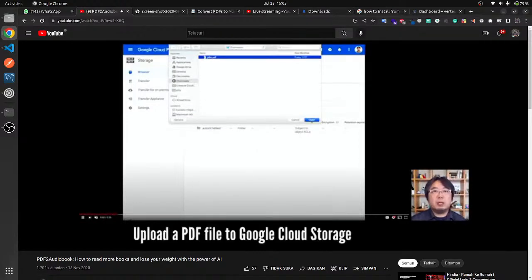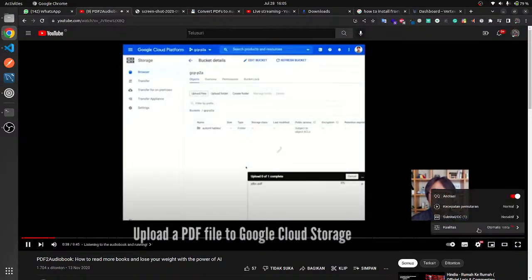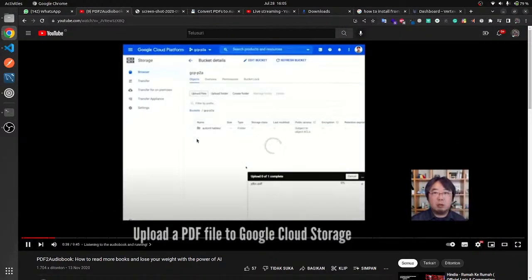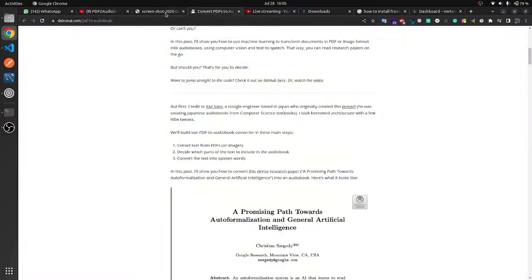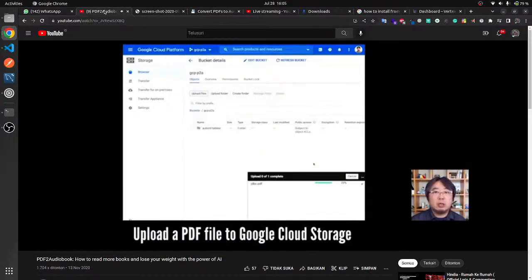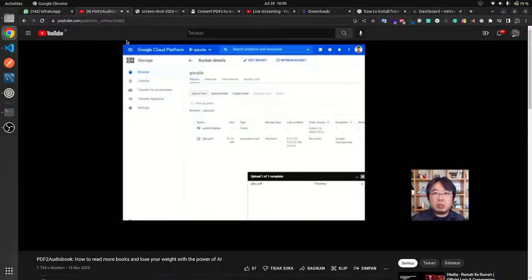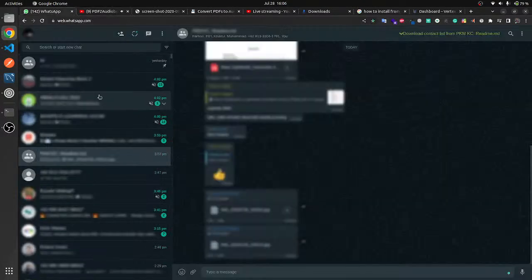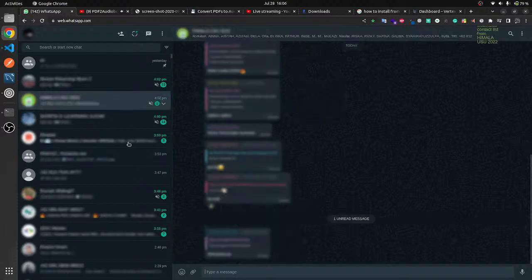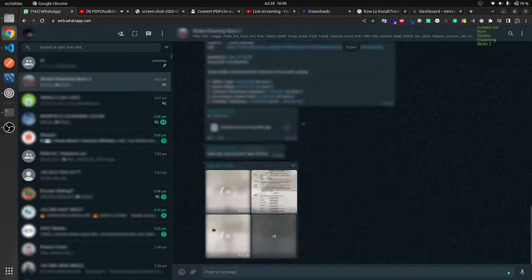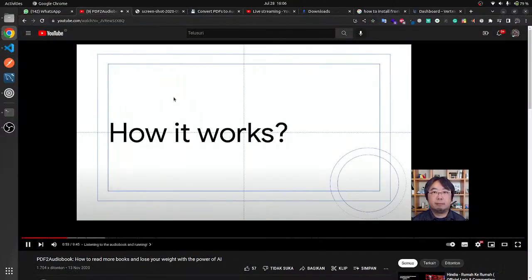You can upload the PDF file onto your Google Cloud Storage so that it could be automatically converted into multiple MP3 files. And you can download those MP3 files and listen to the audiobook. How it works: I have used